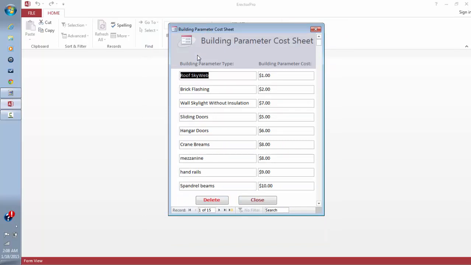This basically consists of items with a flat cost per unit. And as you can see, we have different options within this, like roof sky web, brick flashing, sliding doors, mezzanine, crane beams, spandrel beams, and as you scroll down, you'll see more of these: portal frames, deck tie, nested purlins, extra purlins, wall skylight with insulation, crane rails, so on and so forth. And just to illustrate, we can enter another test example, another flat cost parameter,